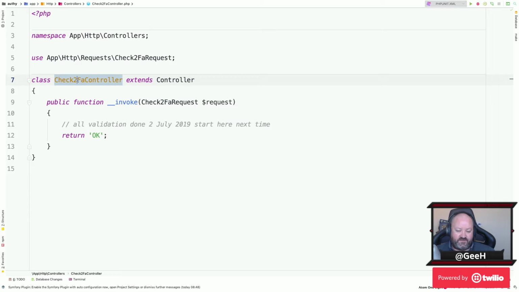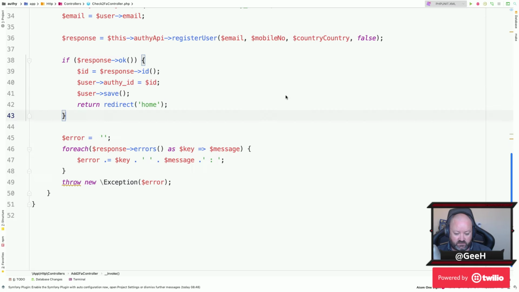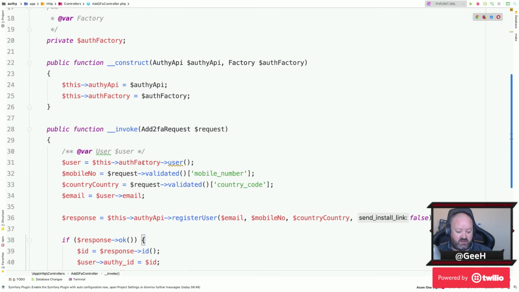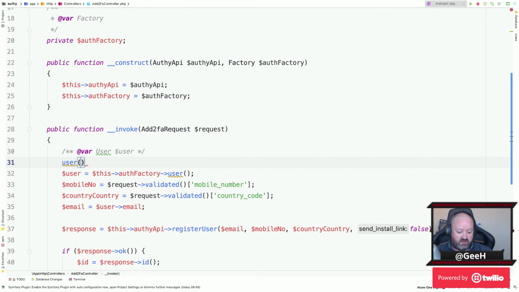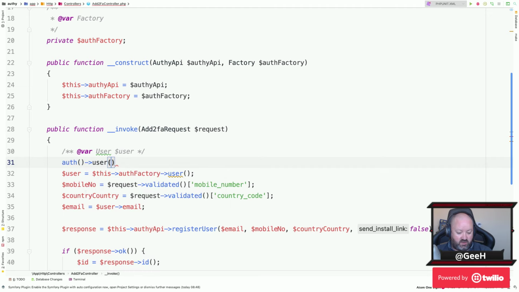I like to try and do things in one way rather than in multiple ways that you could do things. So what we've done, if you look at the add 2FA controller, is instead of calling auth user, or calling the auth facade